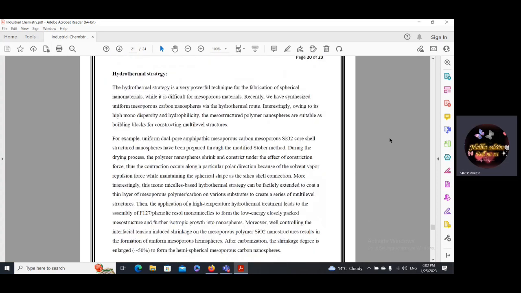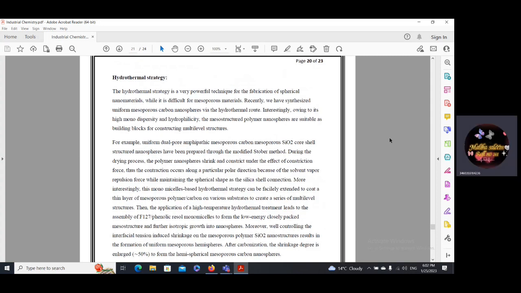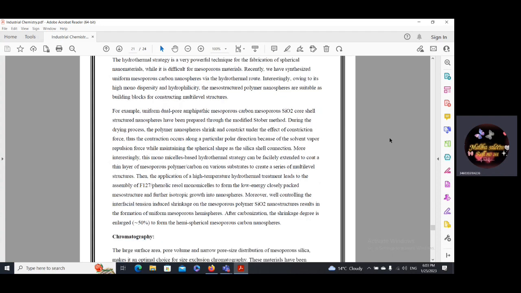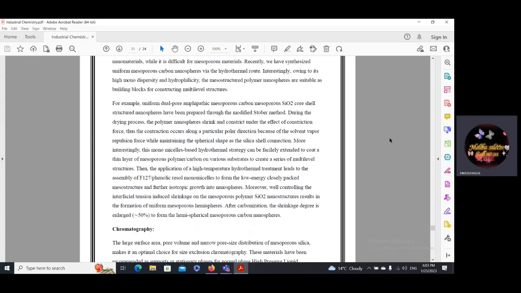Hydrothermal strategy. The hydrothermal strategy is a very powerful technique for the fabrication of spherical nanomaterials. While it is difficult for mesoporous materials, recently we have synthesized uniform mesoporous carbon nanostructures via the hydrothermal route. Interestingly, owing to its high nanodispersity and hydrophilicity, the mesostructured polymer nanostructures are suitable as building blocks for constructing multi-level structures. For example, uniform dual-pore epiphytic mesoporous carbon and mesoporous silicon oxide core-shell nanostructures have been prepared through the